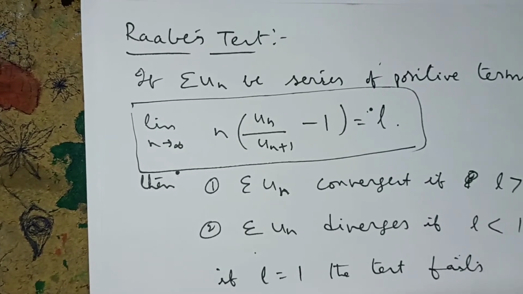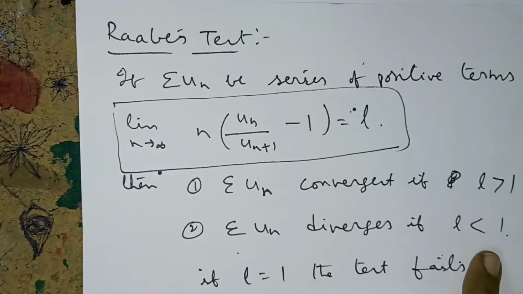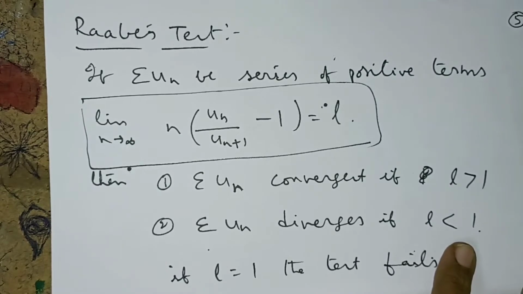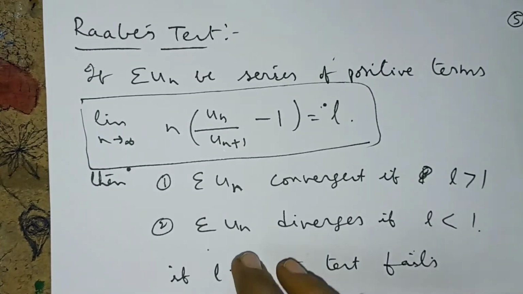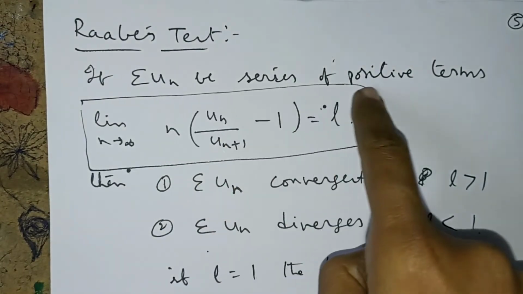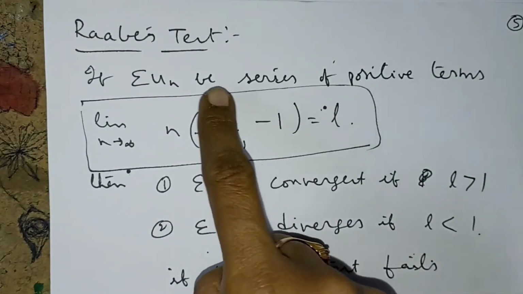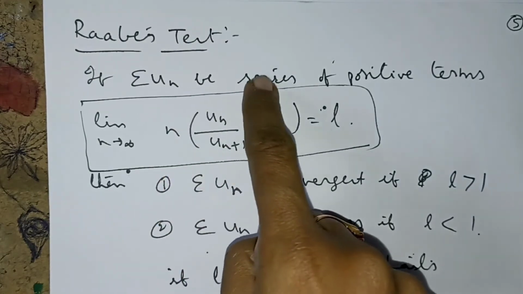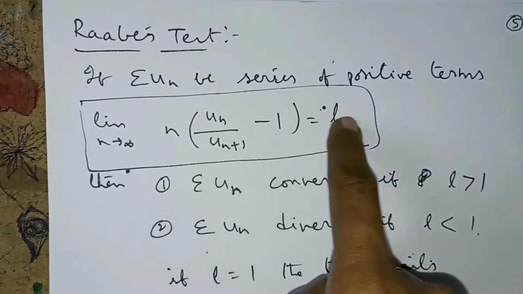Hello everyone. Today I am going to explain Rabi's test. The statement of Rabi's test: let sigma un be a series of positive terms. Sigma un is the given series of positive terms, and the formula of Rabi's test is